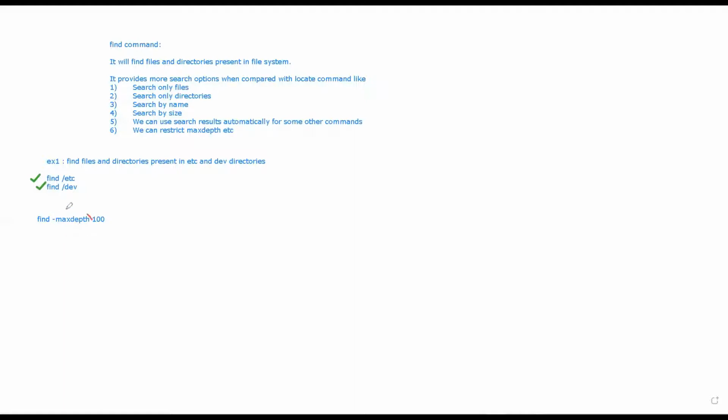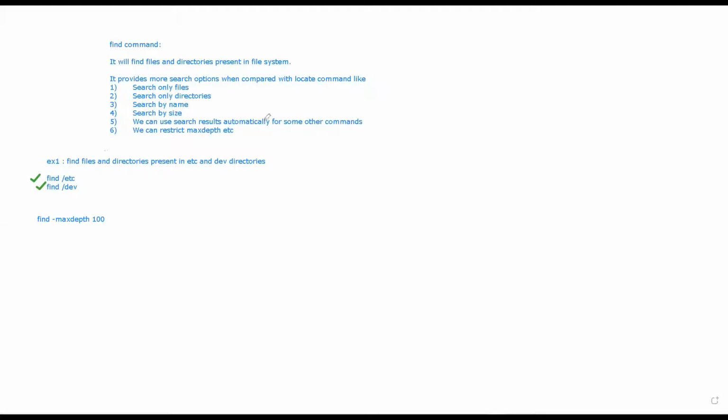Please note this difference. With max depth, you need to use a single hyphen, max depth, and specify the level of directories you want to search. So this is about the max depth.